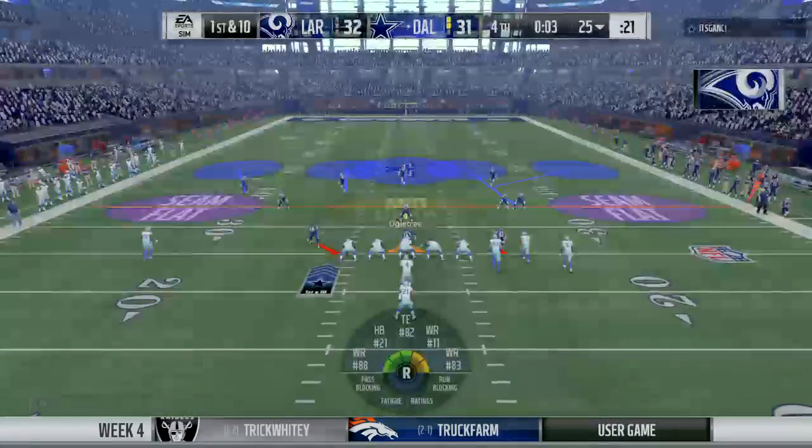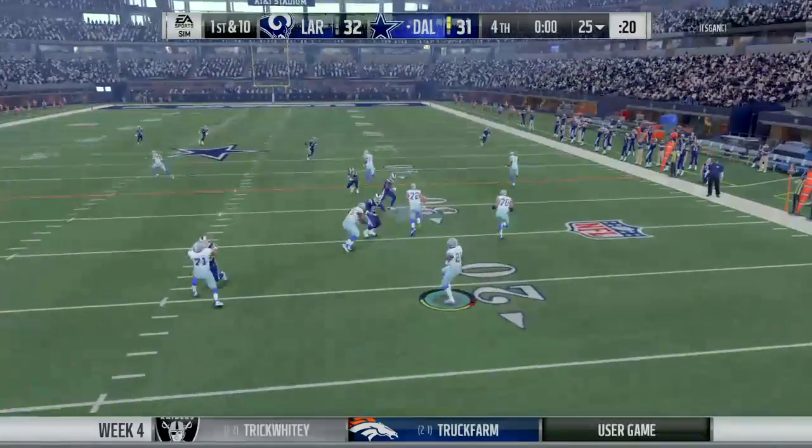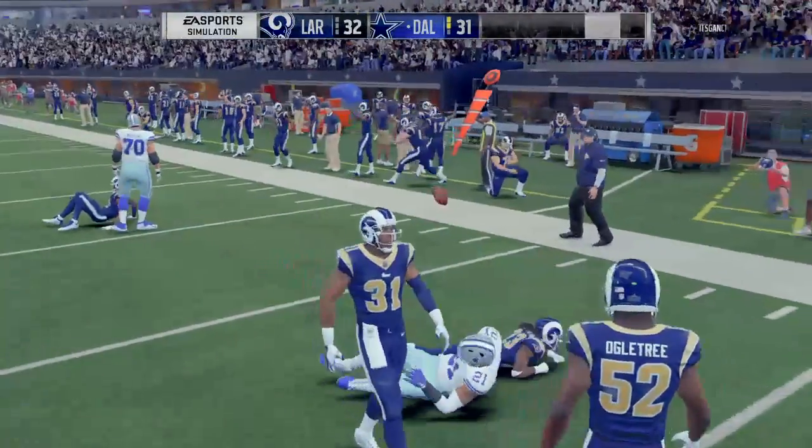Think back to 2015. Didn't we see Green Bay pull that off twice in the season? Once in the regular season, once in the playoffs. So stranger things have happened. It'd be interesting to see what the defensive strategy is about who they...